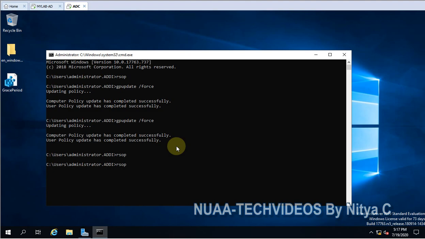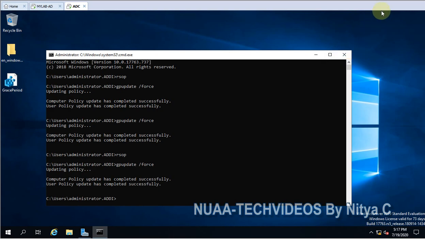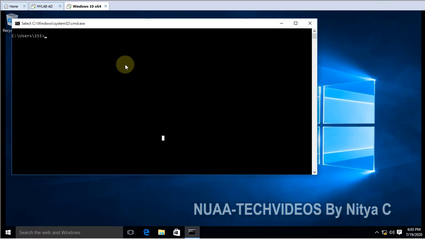So I'll update the group policy here also. So this is one of my client computers, and let me update the group policy here so that whatever certificates are available in the certificate authority, they will be downloaded in the local certificate store. So I'm just updating.